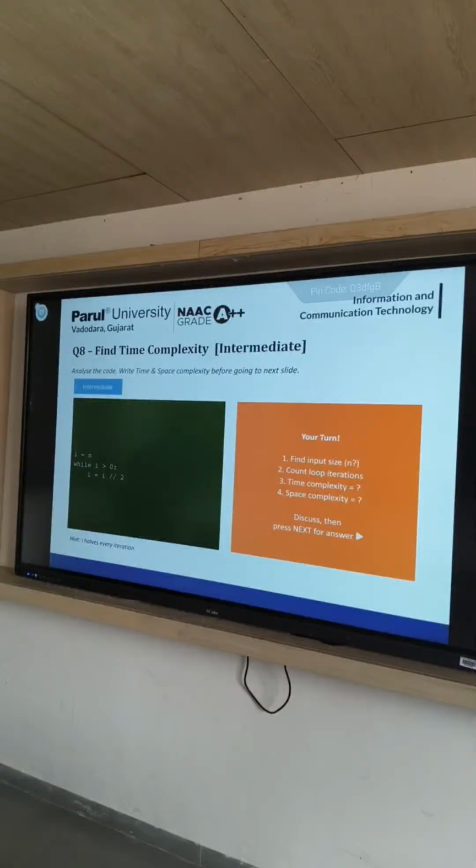You can use this hint. Do one thing, you guys can basically do one thing: take input size n is equal to 10, and count how many iterations are happening. Try it. Order of n, log n. Class,